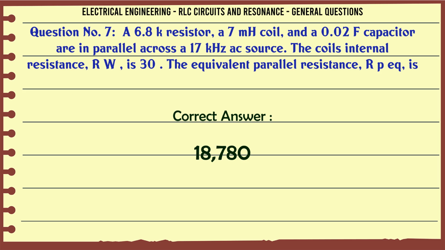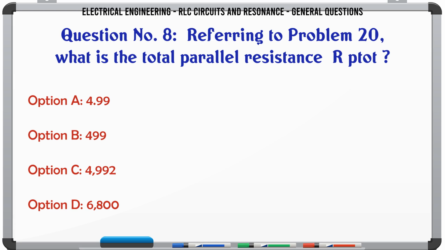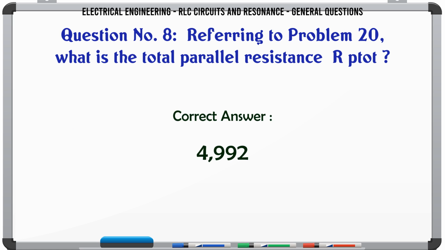18780 Ω. Referring to the previous problem, what is the total parallel resistance Rp(tot)? A, 4.99 Ω; B, 499 Ω; C, 4992 Ω; D, 6800 Ω. The correct answer is